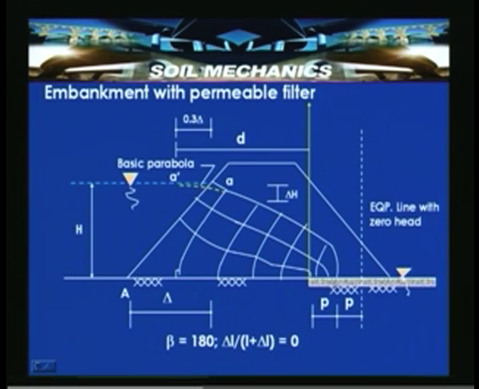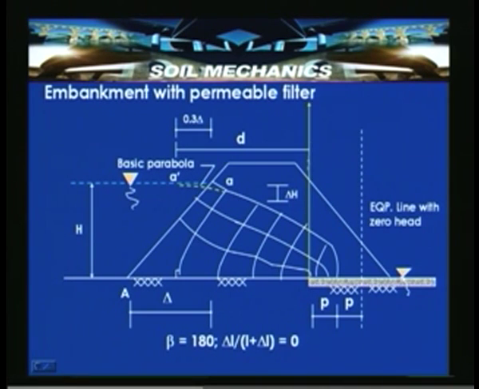When this qualifies as an equipotential line, this will be something like the upper phreatic surface, that is the phreatic line now, where the phreatic line meets this equipotential line with zero head orthogonally. If you look into this, these are approximately shown as orthogonal, that is, around right angles. Here the second flow line meets this particular point orthogonally, and again here, which is approximately shown, it meets orthogonally.